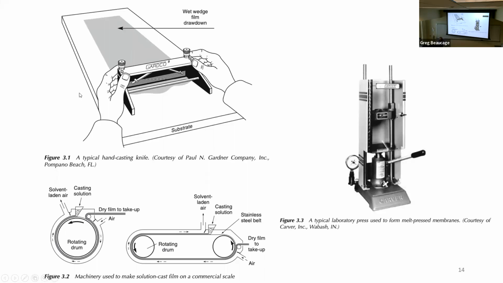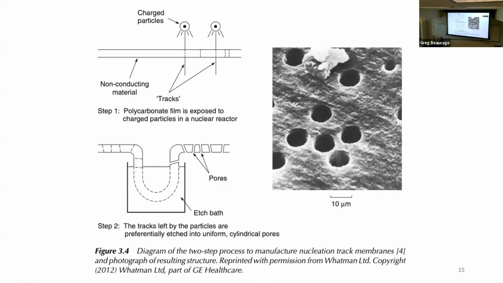And then thermal induced phase separation for the films would be like a hot press on a lab scale, and then an industrial scale. I'm not sure how they do it. I don't have a picture of the industrial scale thermal. I think it's just a heat dump into a heat chamber. That's just showing how you can make these